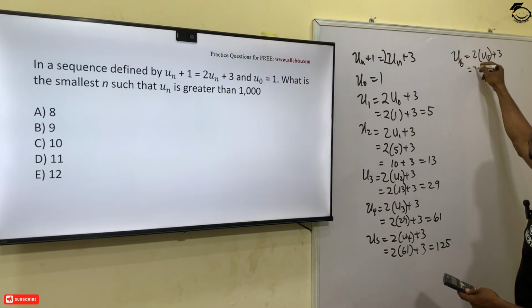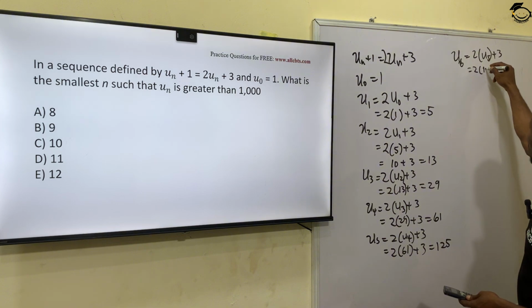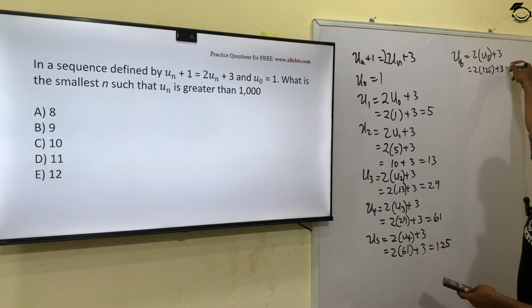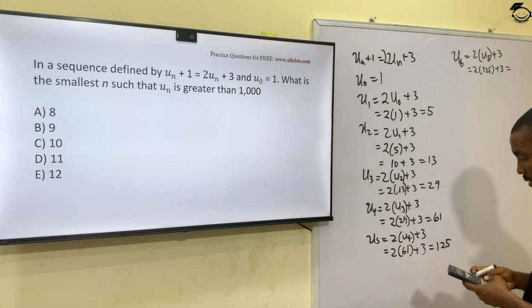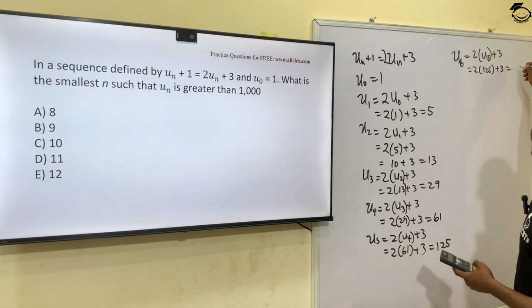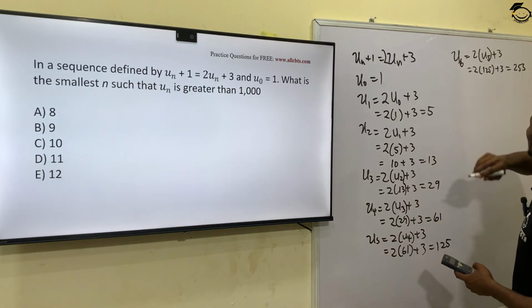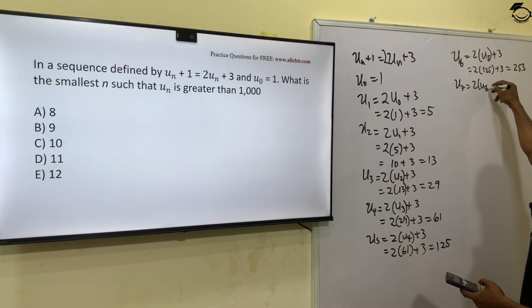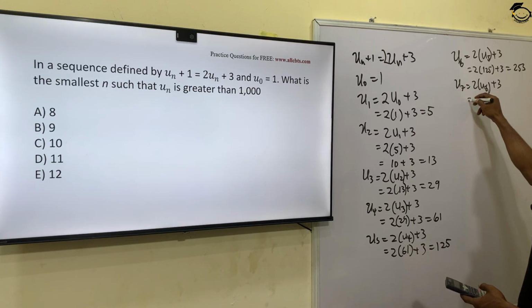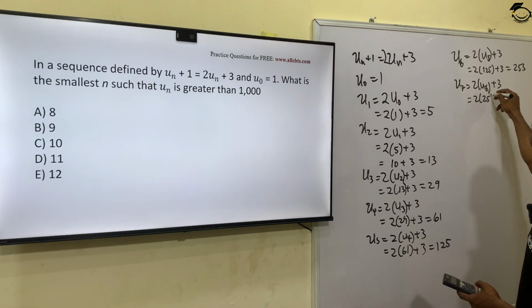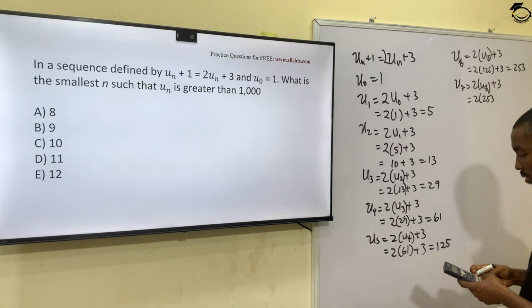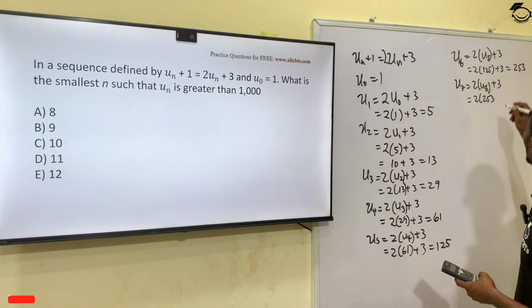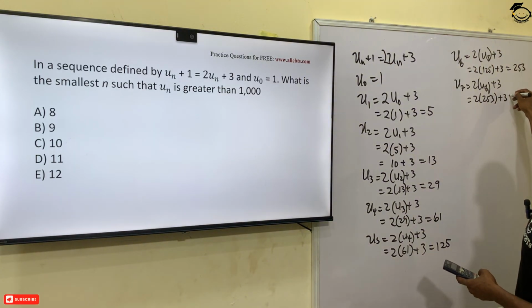This would give us 2 brackets 125 plus 3, which gives us 253. And u7 will be 2 brackets u6 plus 3, which is 2 brackets 253 plus 3, which gives us